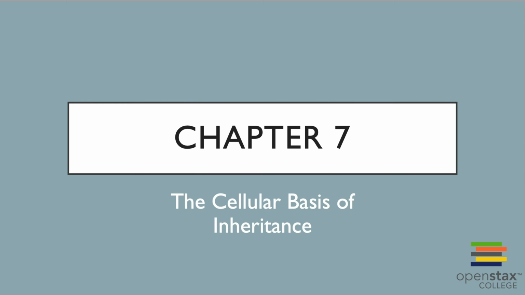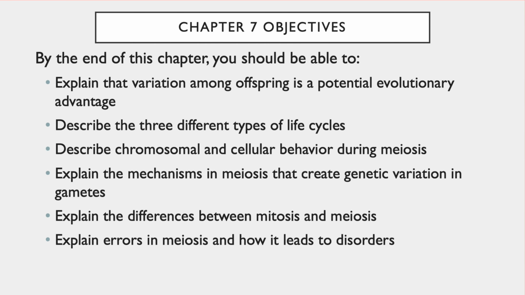Welcome to Biology 1408. This is Chapter 7, The Cellular Basis of Inheritance, from the OpenStax textbook, Concepts of Biology. In Chapter 7, we have several objectives we are going to study. Some of those objectives include learning about the variation among offspring and how that creates a potential evolutionary advantage for